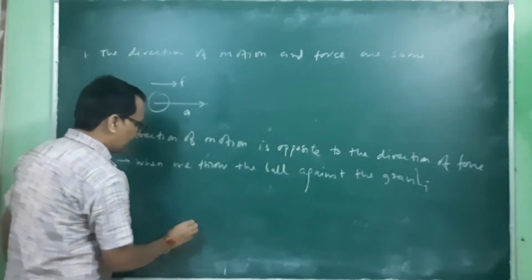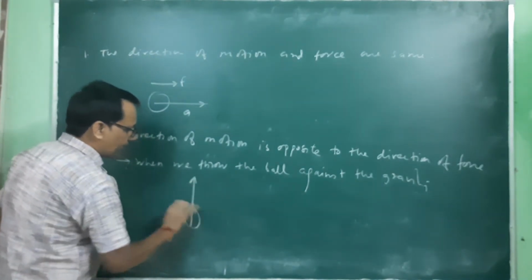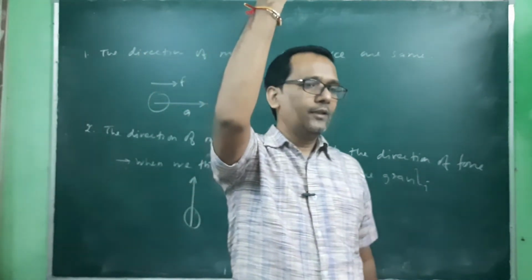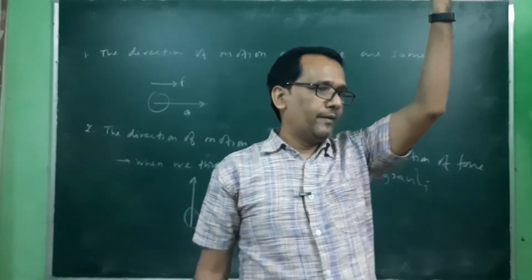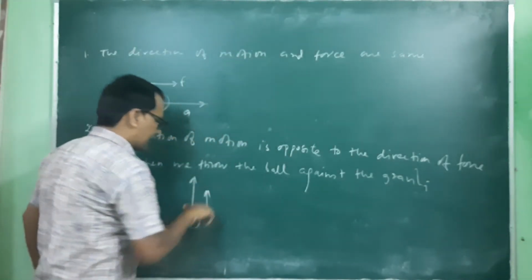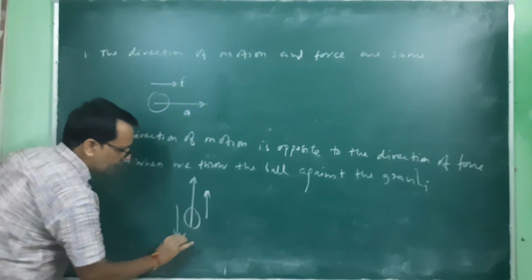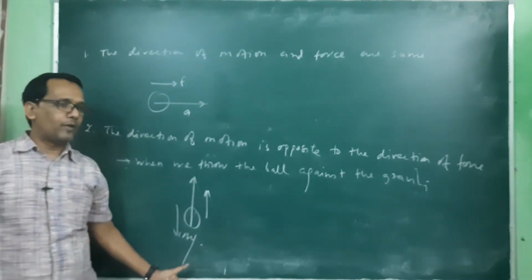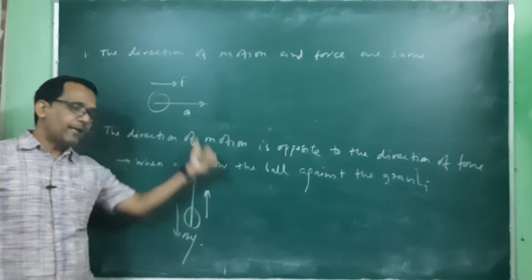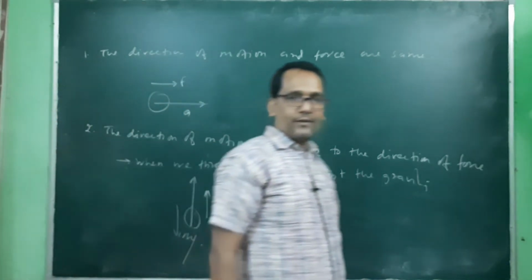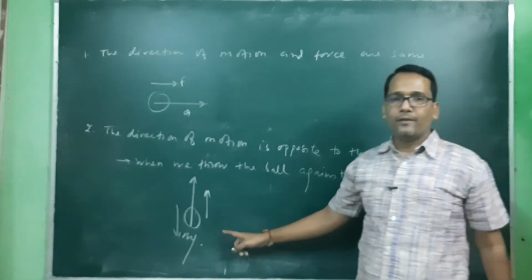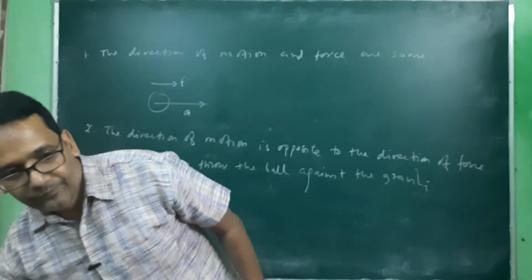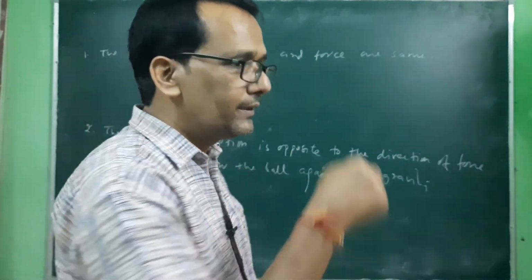जब हम बॉल इस डायरेक्शन पे, बॉल का मोमेंट इस डायरेक्शन पे है, जब हम बॉल को ऊपर की तरफ फेंकते हैं तो बॉल का जो मोशन है वो ऊपर की तरफ है. So the direction of motion is toward this, but the force is toward the center of earth, that is equivalent to mg, mass multiplied by acceleration due to gravity. This is the direction of force, but the direction of motion is opposite to the direction of acceleration. So this is the example where the direction of motion is opposite to the direction of force.